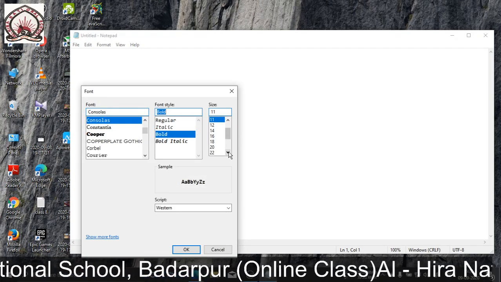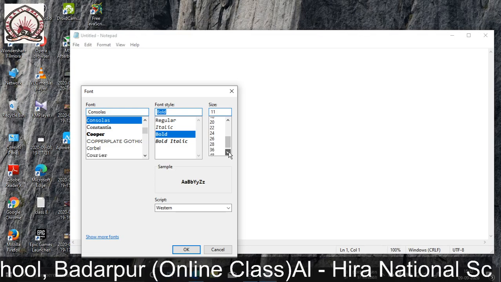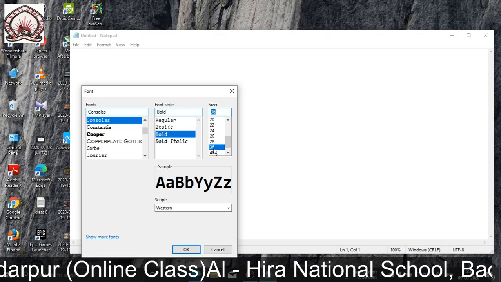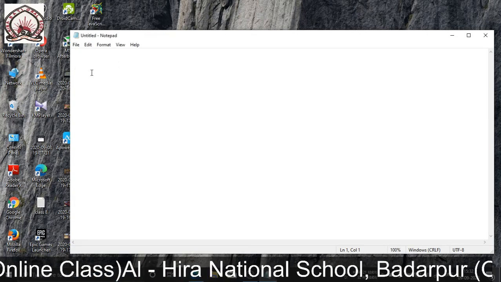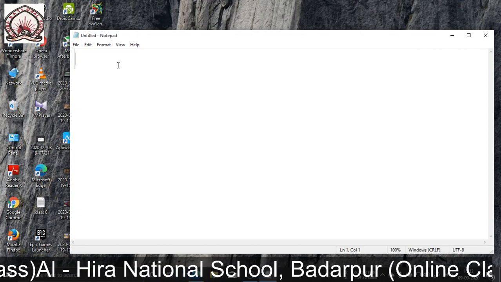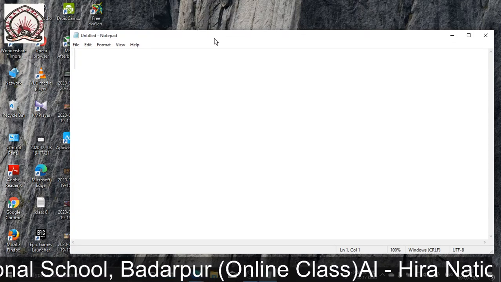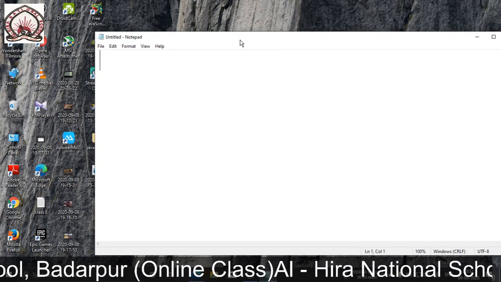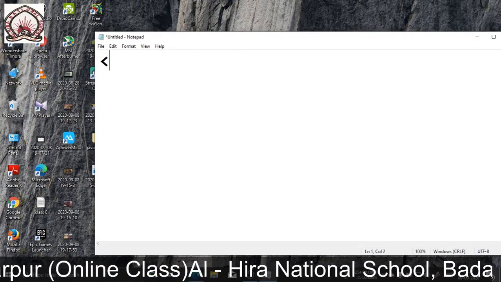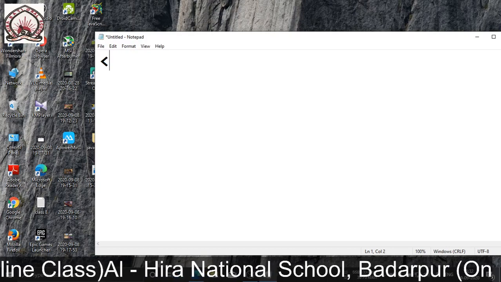Bold, make it as 36. Okay. So the first line of a JavaScript code, as already I have shown you, theoretically is doctype HTML.